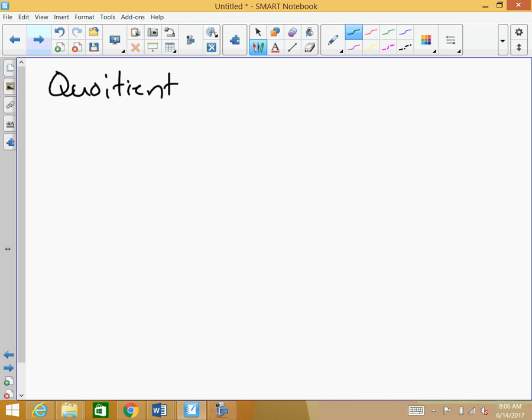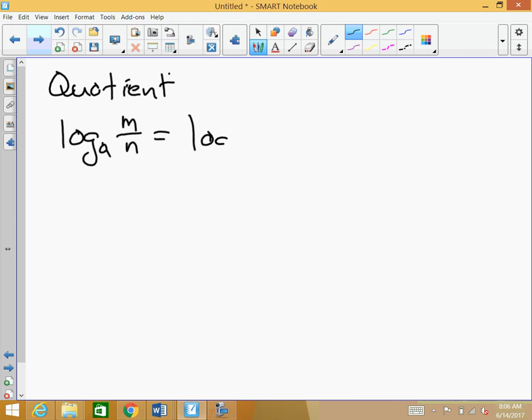Oh, spell that correctly. Our quotient law, and it is if I have log_a (m over n), that's going to be equal to log_a m subtract log_a of n. So in this case, with the quotient law, we just have division, but then we just have a subtraction of